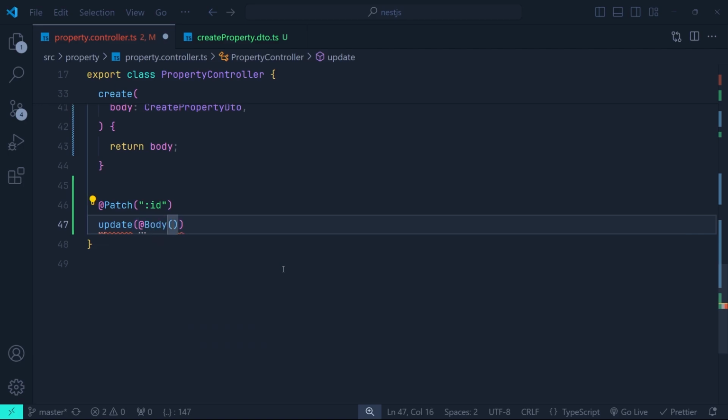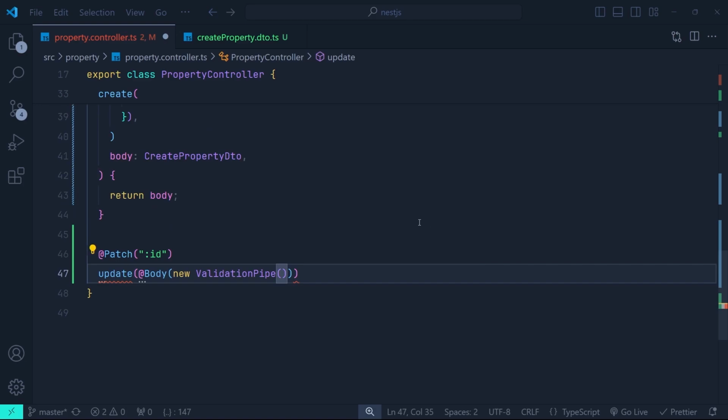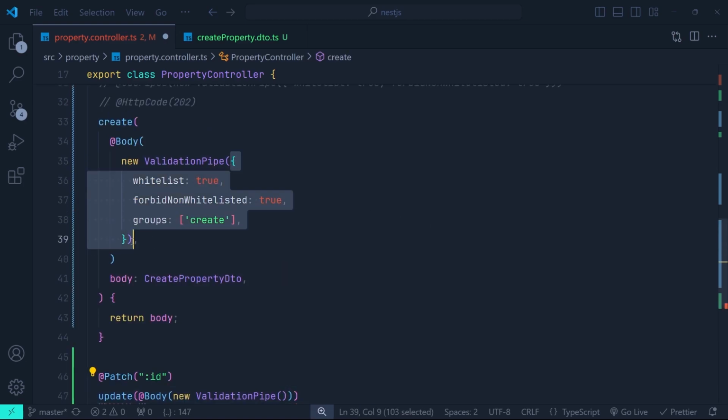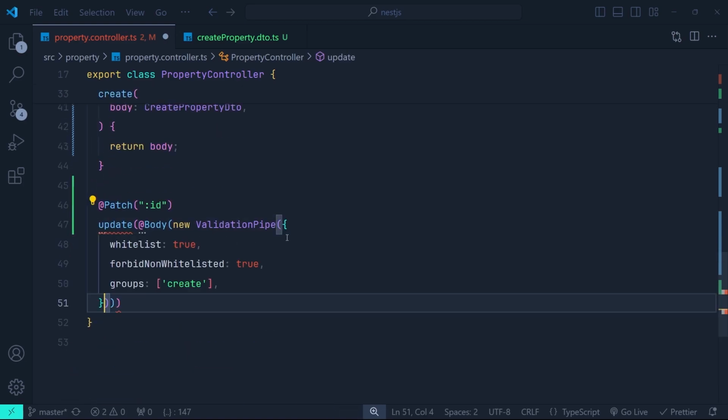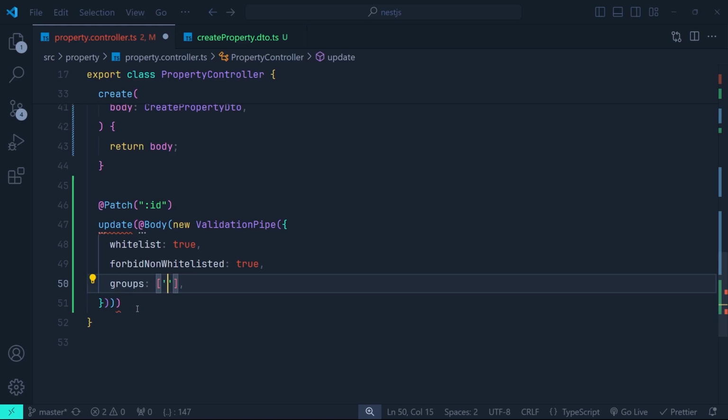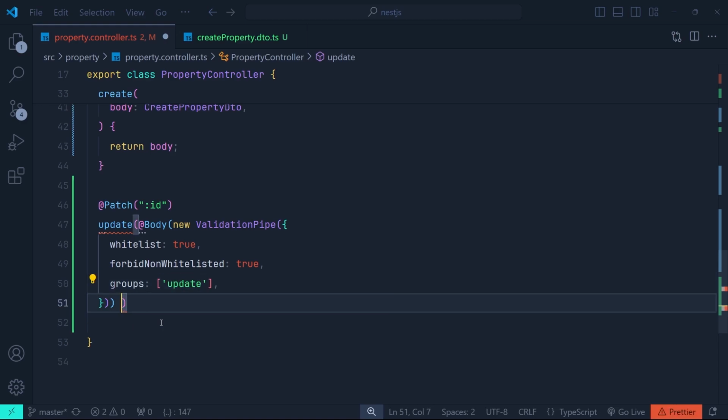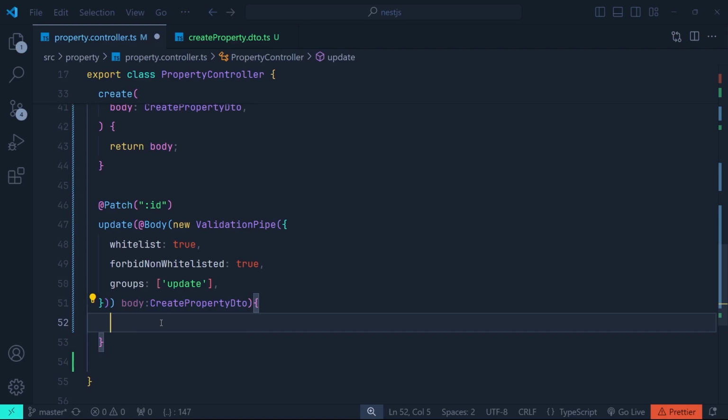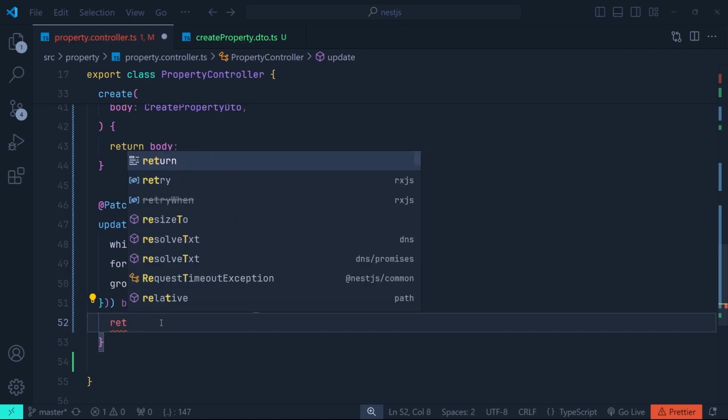Inside the body we need to specify the validation pipe, and here let's just copy the configuration object of this validation pipe and paste it here, and this time the groups is going to be update. Then we're going to have the body parameter, whose type is going to be CreatePropertyDto. As you can see, we didn't create a new DTO for updating. We're just using the same DTO that we used for the create function. So that's why we use the groups here. Inside the function, we just return the body